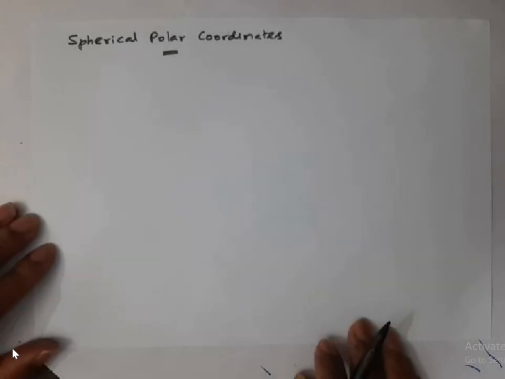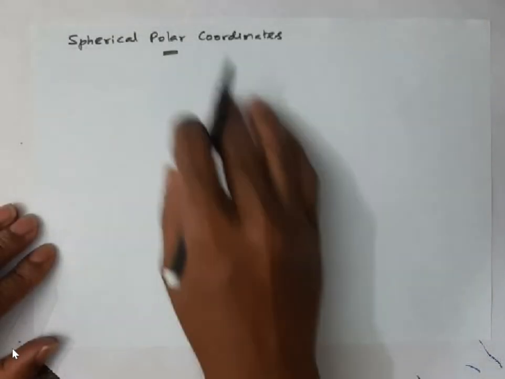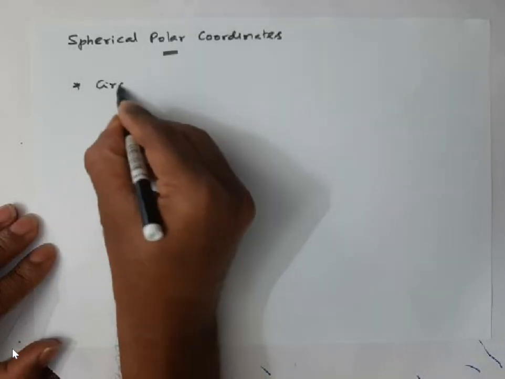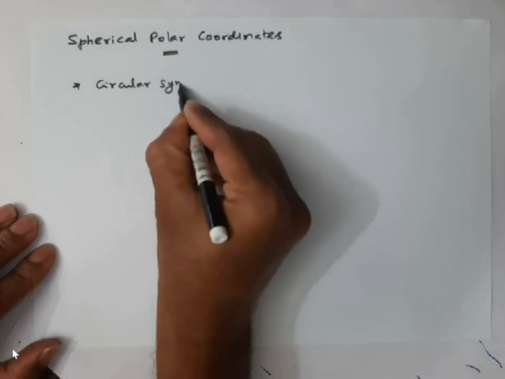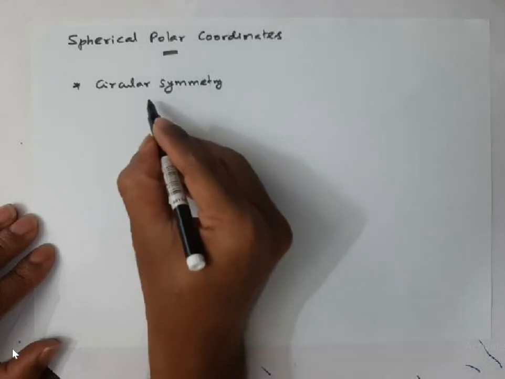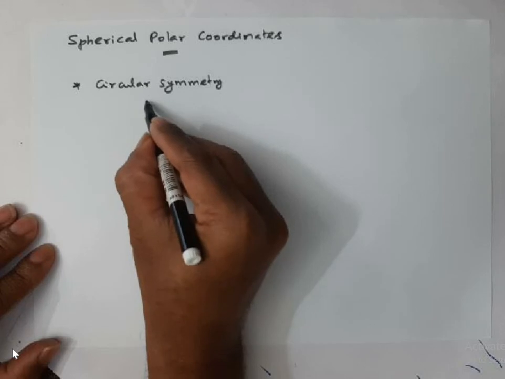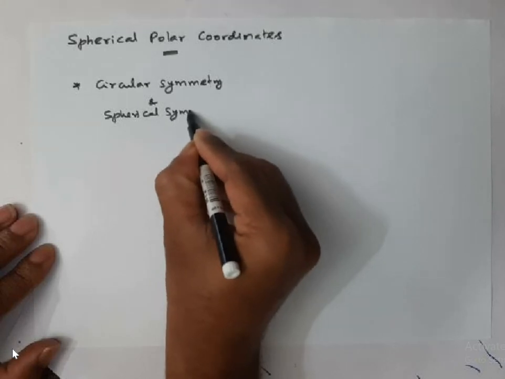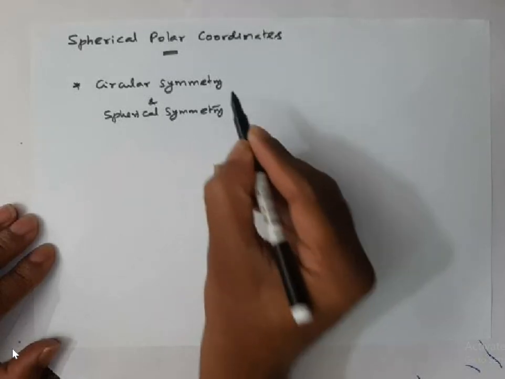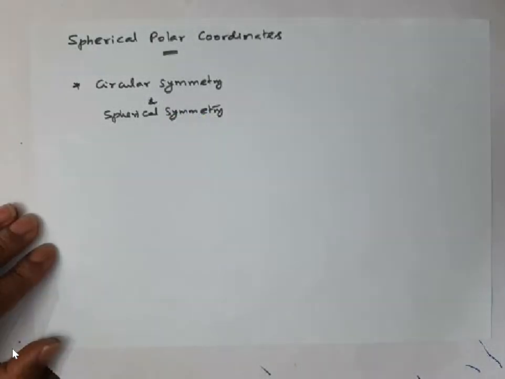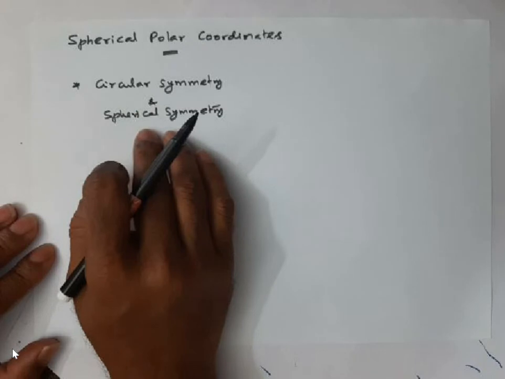Whenever a system has circular or cylindrical symmetry, or spherical symmetry, here I am not going to introduce cylindrical symmetry, which we'll discuss separately. My main focus is on circular symmetry and spherical symmetry. Whenever a system has circular symmetry or spherical symmetry, then